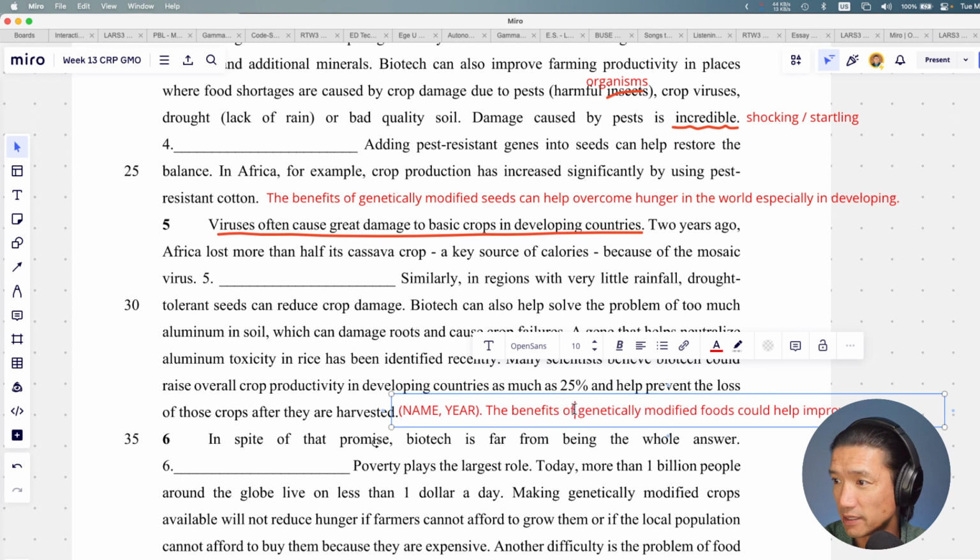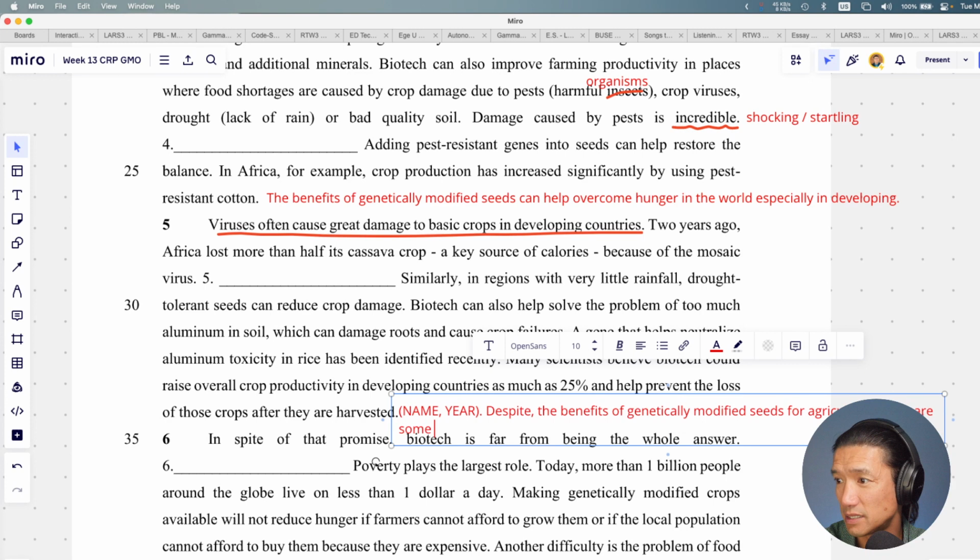Why don't we do the negative thing? Despite. So we can do this like this. Despite the benefits of genetically modified foods, modified, I don't know, seeds for agriculture,